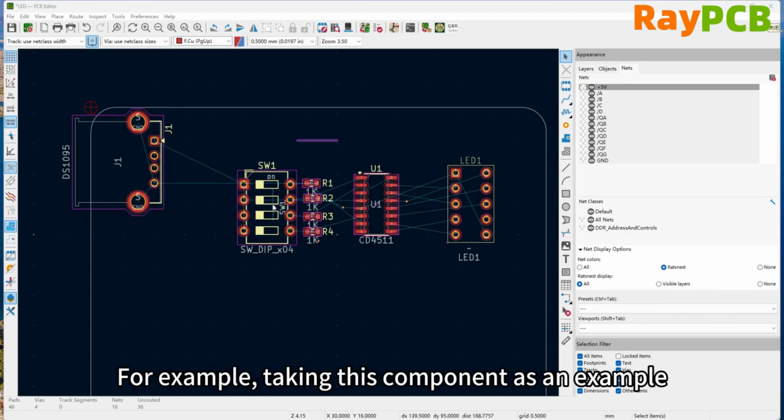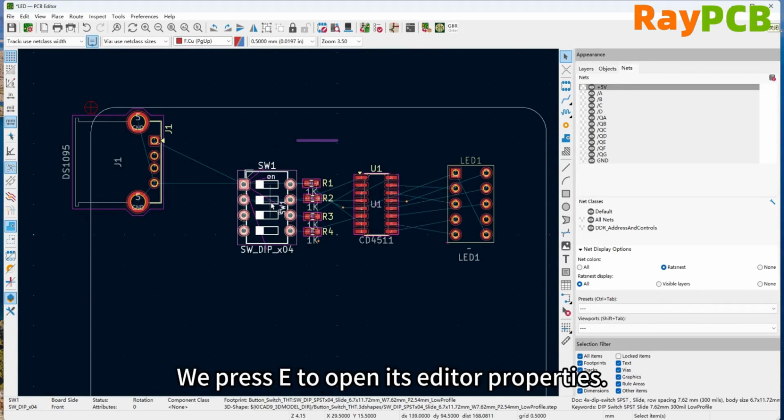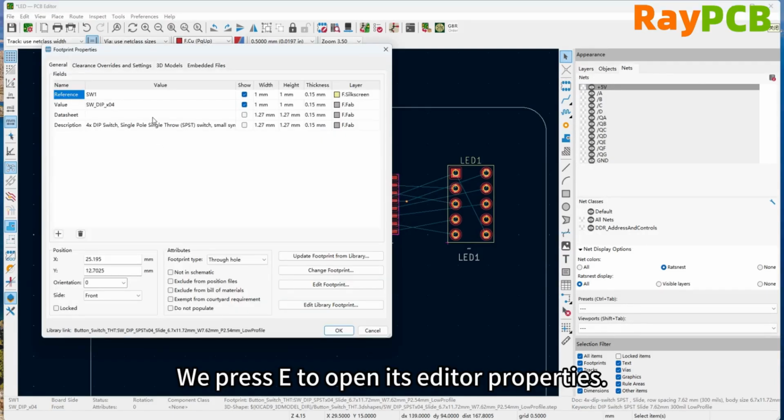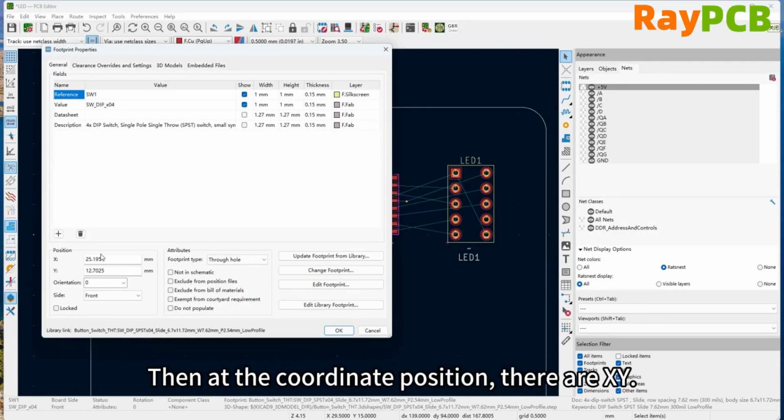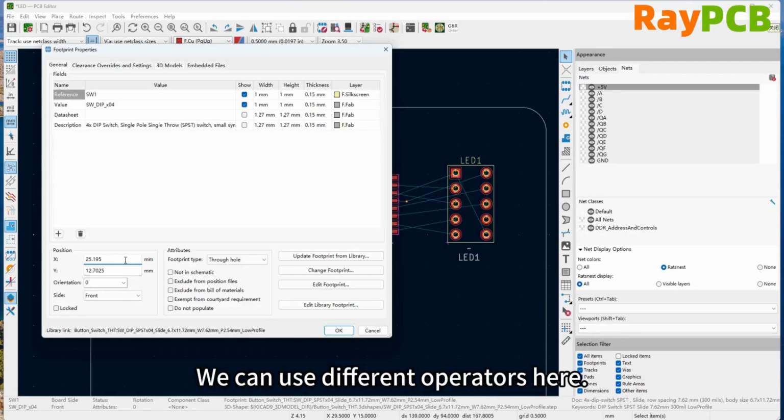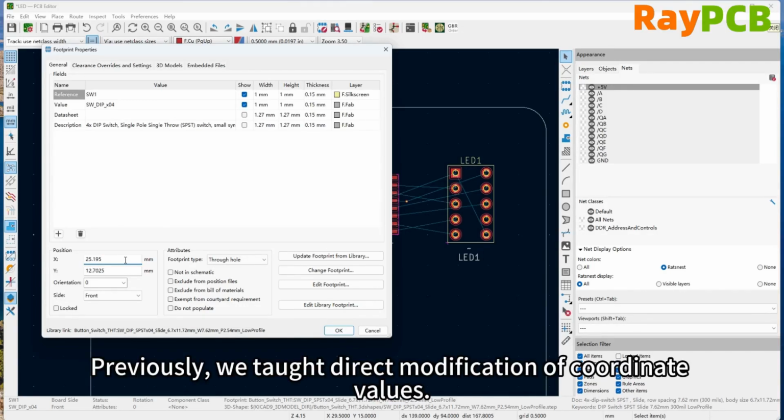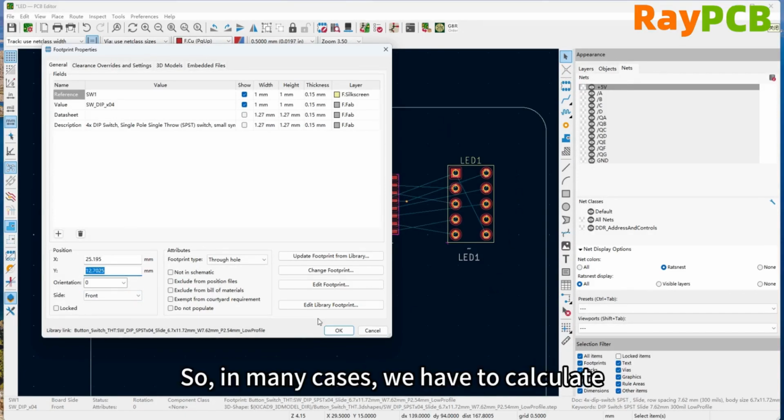For example, let's use this specific component as an illustrative example. Press the E key to open its properties editor, and you will see the precise X and Y positions displayed within the coordinate system. Here, in this section, you can use many different types of operators, each with its own unique function and purpose. Previously, we taught how to directly modify the coordinate values, but in many cases you have